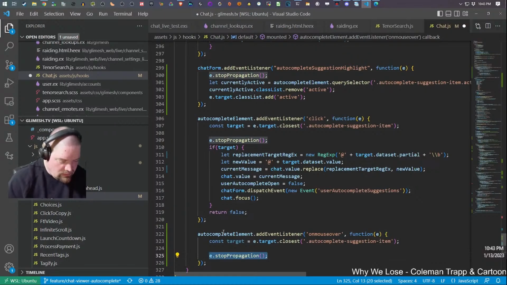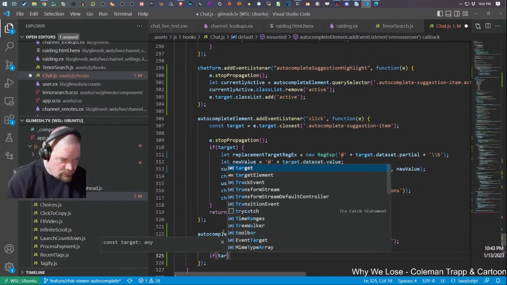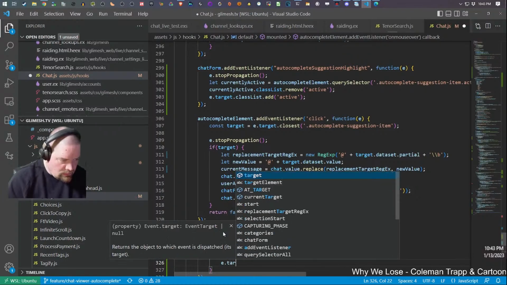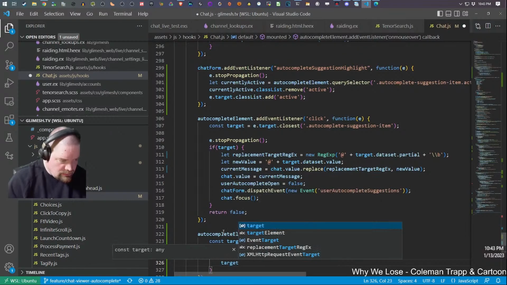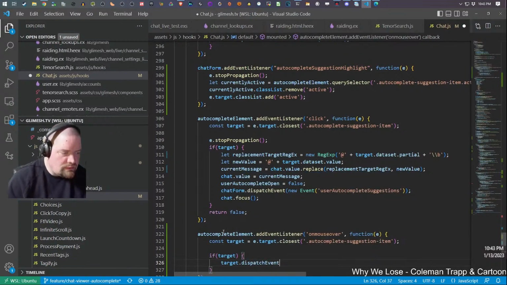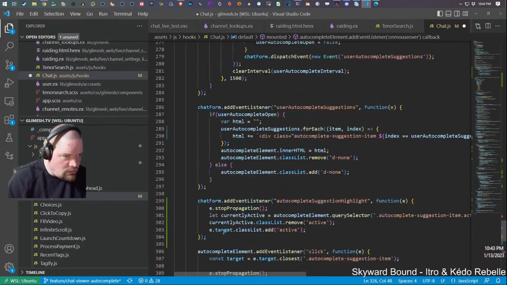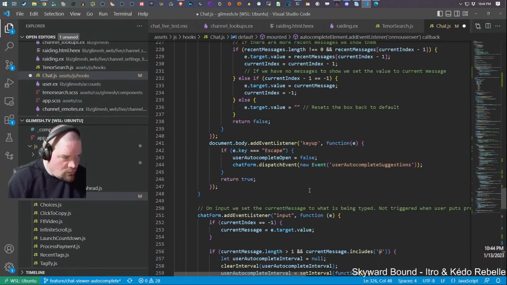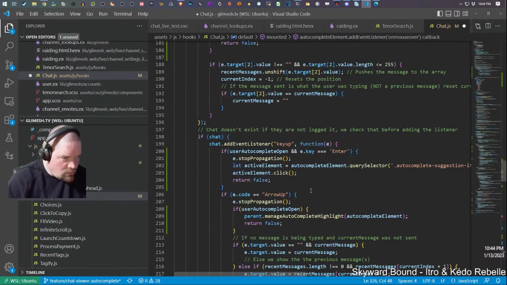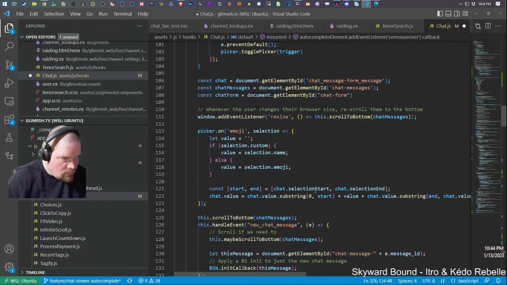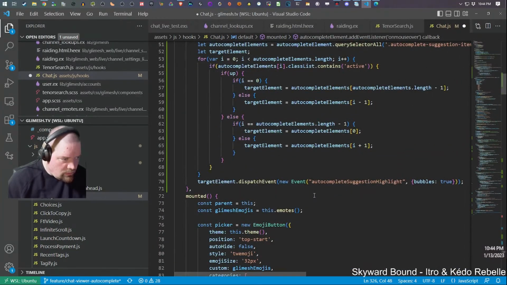I don't think I need to stop propagation for that. If target, e dot target, fetch event, new event, and then, where the hell are you at?